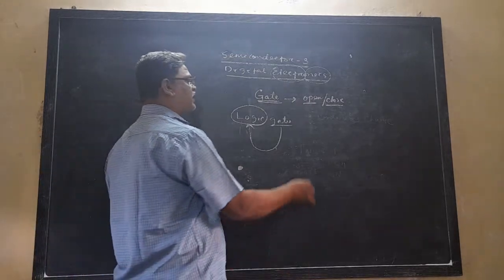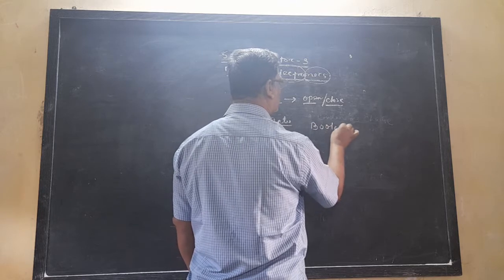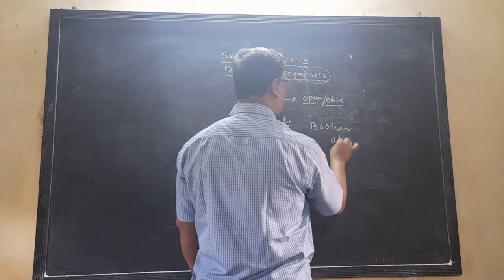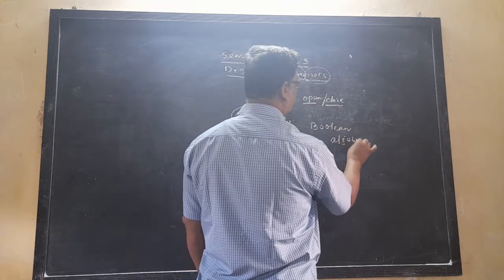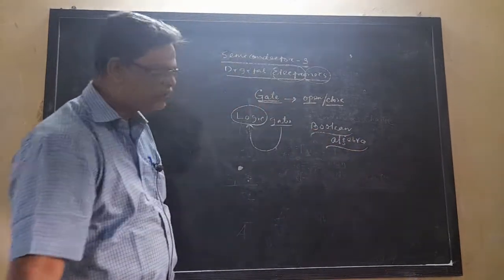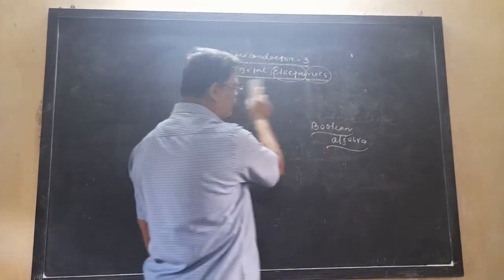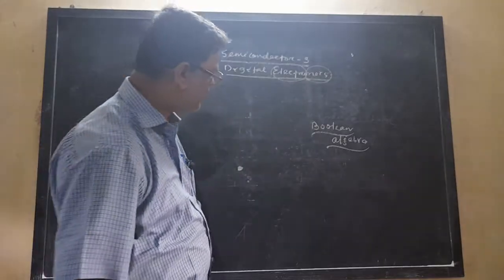Boolean algebra. Just Boolean algebra. So how do we represent Boolean algebra? Generally we represent the state. In Boolean algebra,